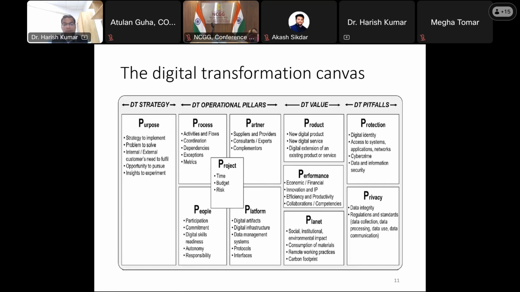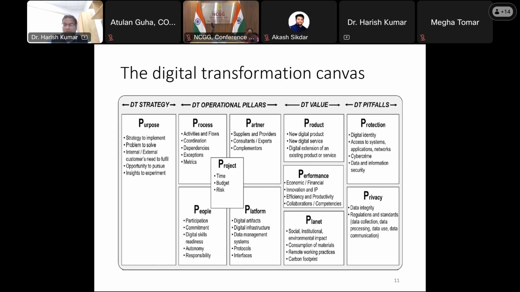What I can say, the 4 categories: digital transformation strategy. My first pillar is my first box. The second one here is digital transformation operational pillars. Third one, DT values. In terms of the values, it might be value propositions and it might be a value differential as well. How we are different from the other government, how from the state government, how we are different from the district government, or how my values or my product or my offerings from the government side are different or maybe unique than the previous one. Differential as well as the propositions.